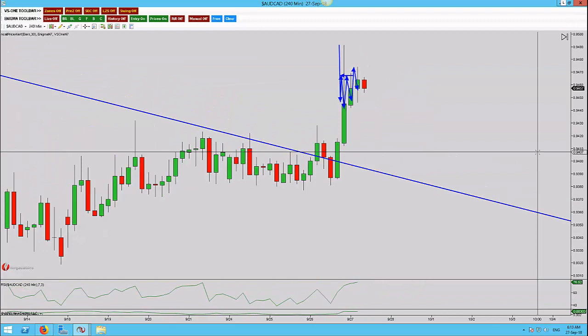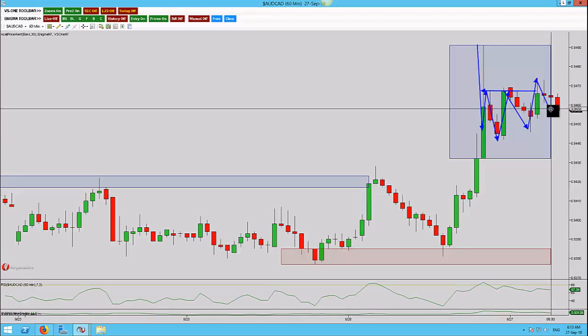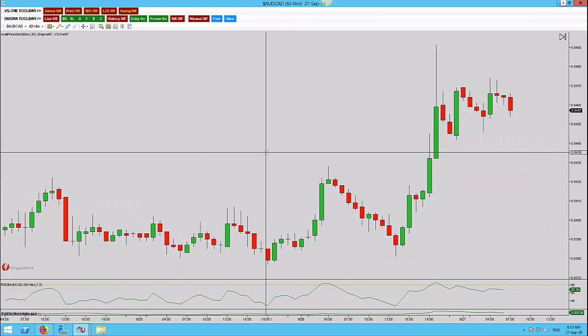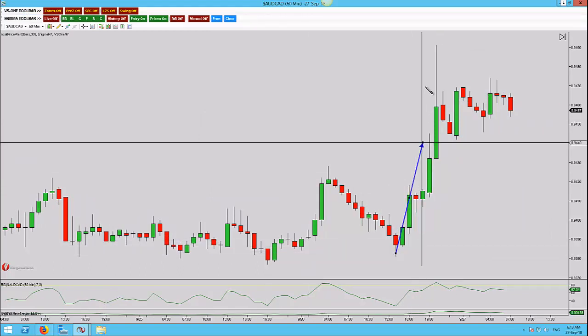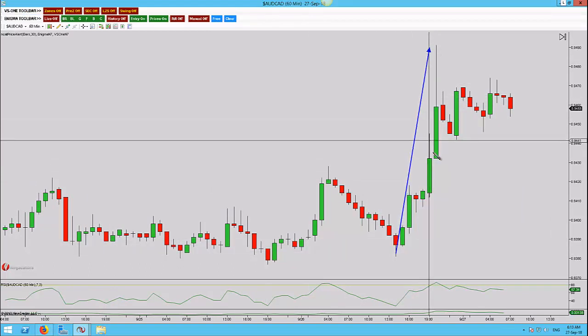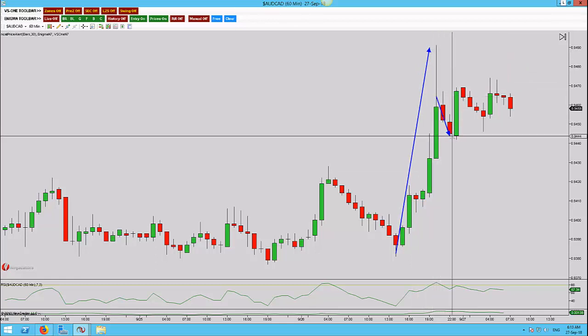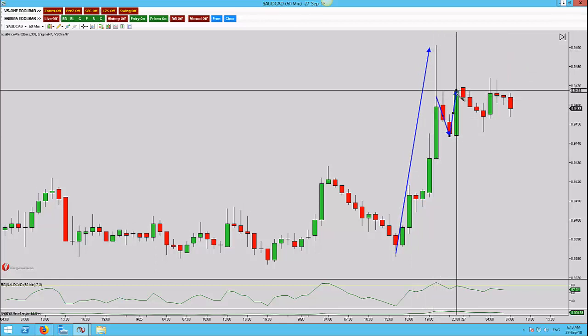And if we go then to the 60-minute time frame, okay, what I'm going to have to do here is delete everything off. Okay, let's just talk through what has happened here. We've had quite a nice move up. We had news out yesterday that caused this big spike. We've seen a couple of candles retrace. We then saw a